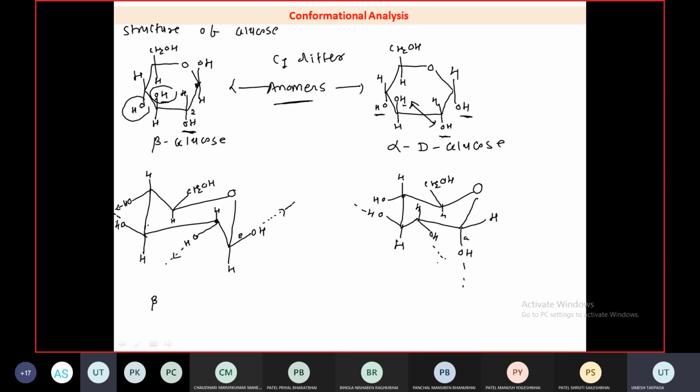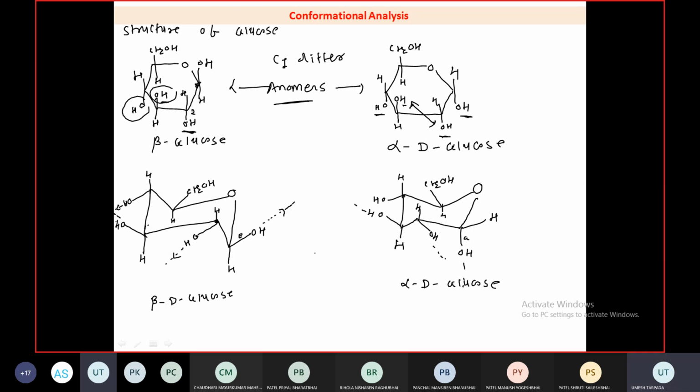So in this case, if you compare both the structures, which one is more stable? You are getting an idea about the stability of these structures. Here, at carbon number 1, OH is axial if it is the alpha form, and if it is the beta form, then it is equatorial. Now my question is: alpha and beta, which structure is more stable? In the case of the alpha form especially,